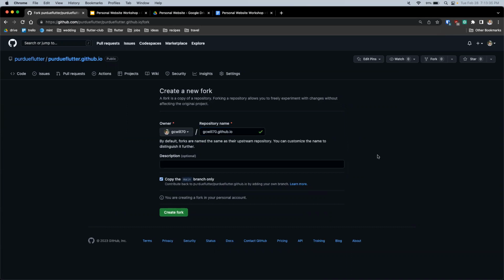If you called it anything else, you could deploy to GitHub Pages, but it would be like username.github.io/project name. But if you want to deploy to that base name, then as far as I know, at least, you have to name it username.github.io. So if you do that and hit create,